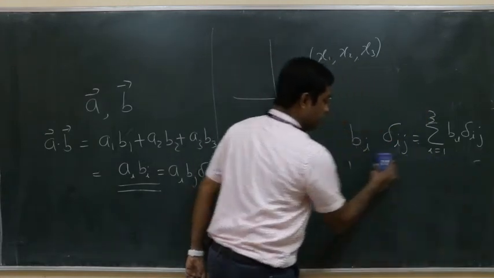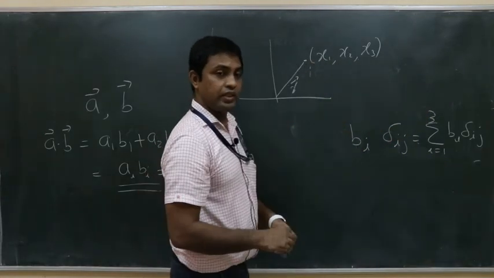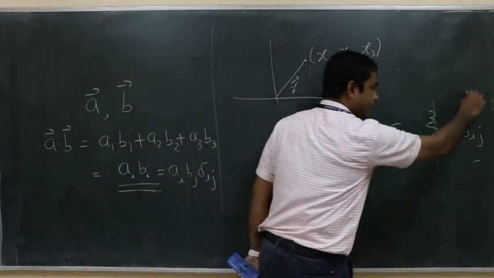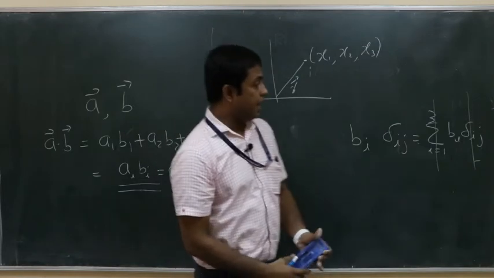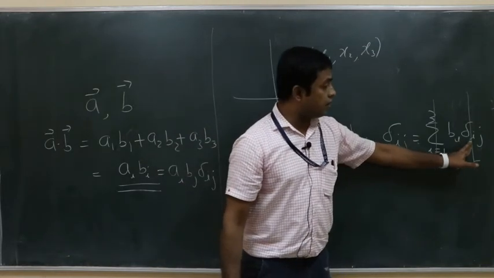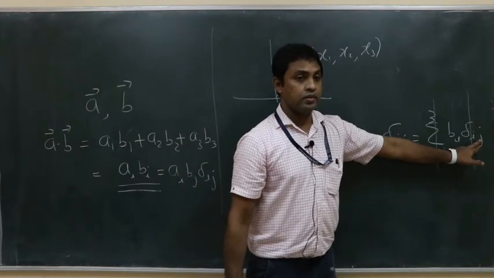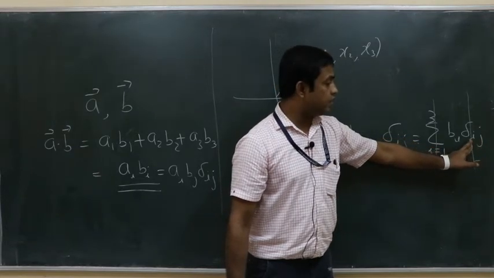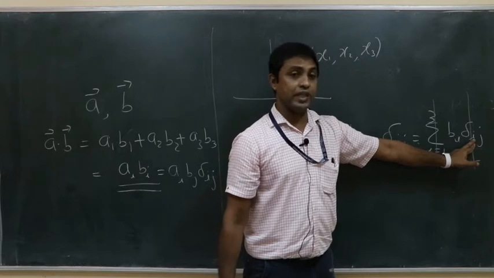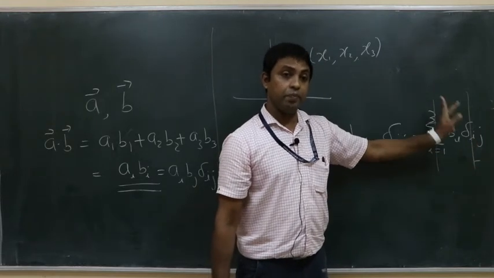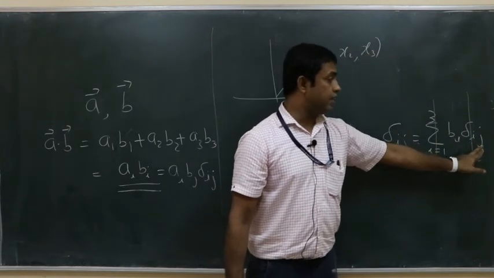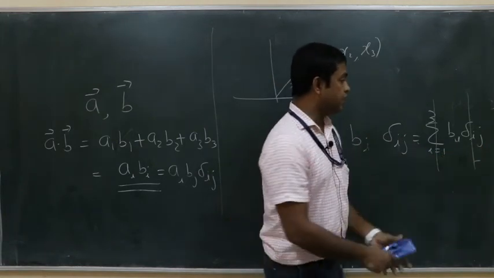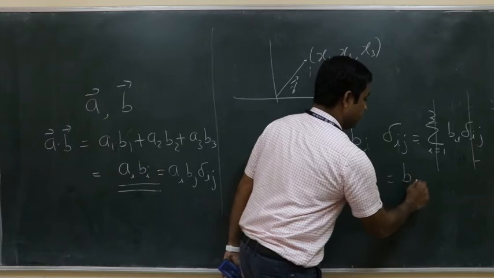You can remove that summation, you can remove that delta, and replace i with the other index of that delta wherever it appears, because it is a dummy. I is a dummy, because i should be appearing somewhere else. Replace that i with the other index j. So that i is appearing here, so this is bj.